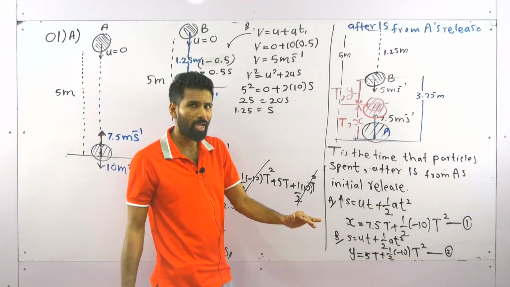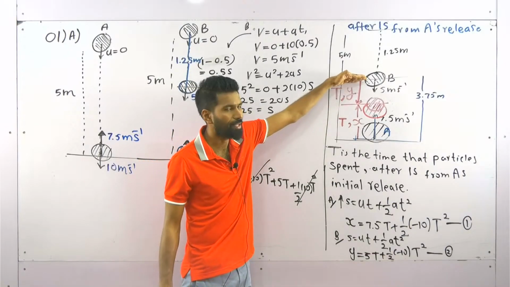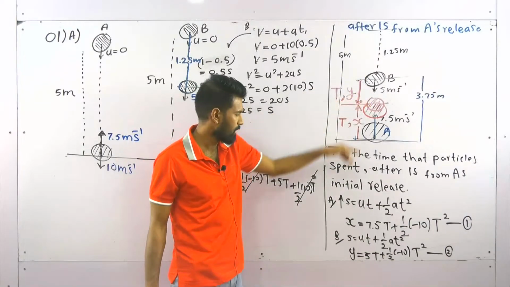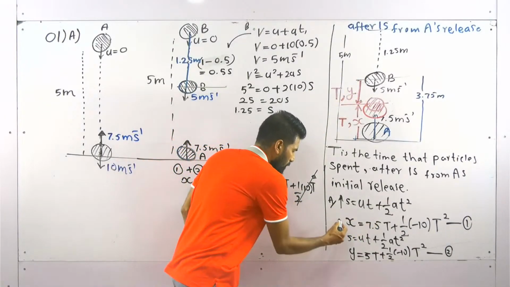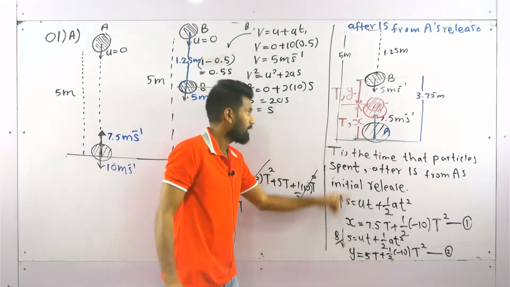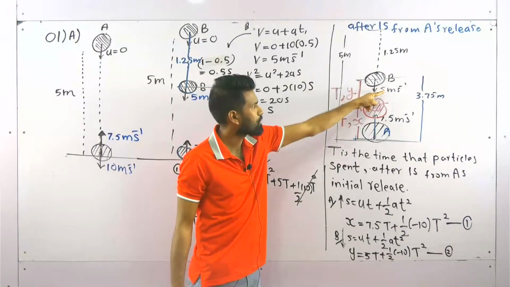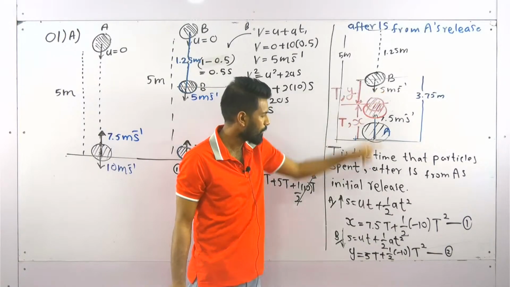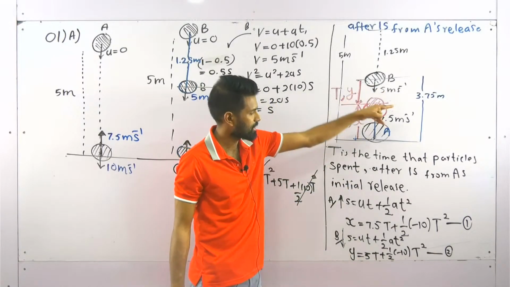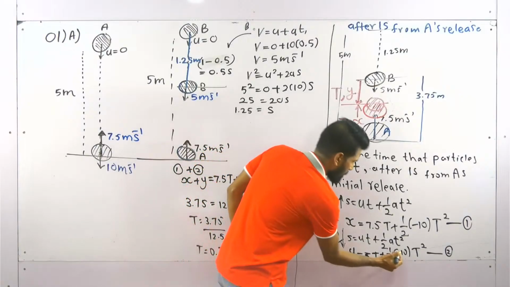Within that time, B has reached another y distance downward. Applying S equals ut plus half at square for B downward, it has moved a distance y. Initial velocity is 5 at this moment, 5t plus half 10t